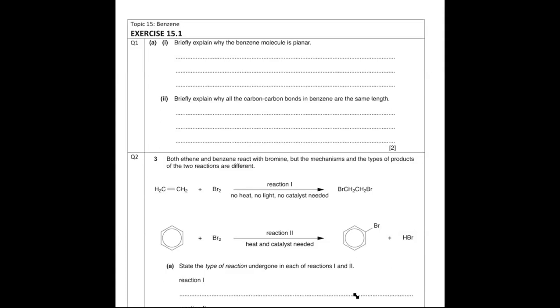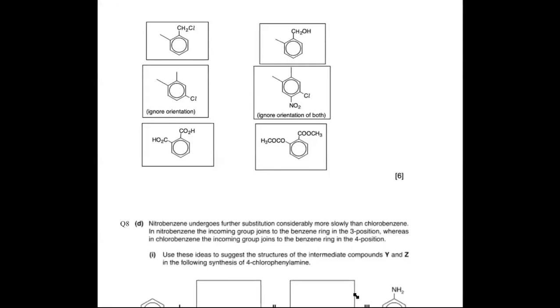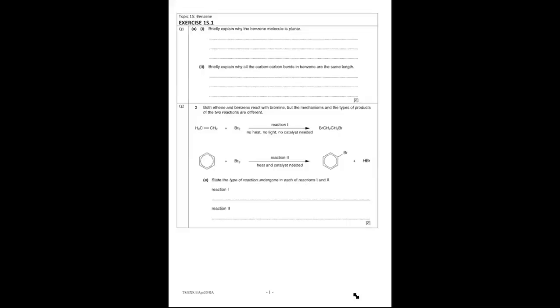So this could be a reason. There's only one mark for this question, so you don't need a lot of explanation. You can either say because the carbons are sp2,